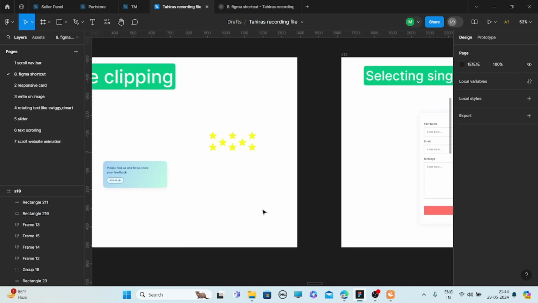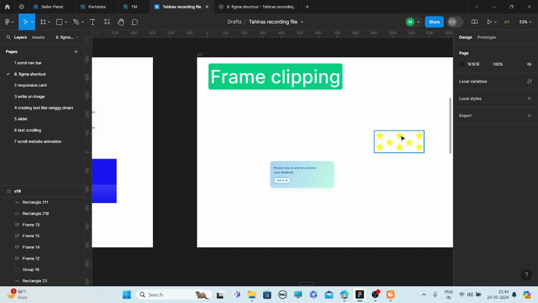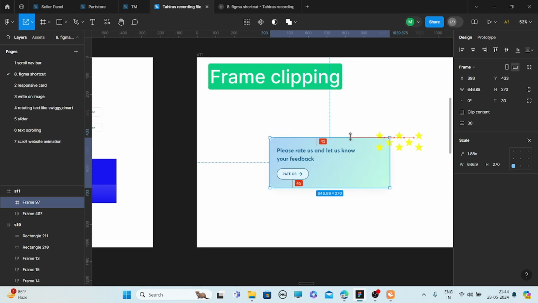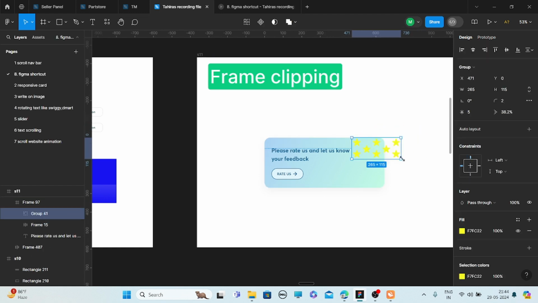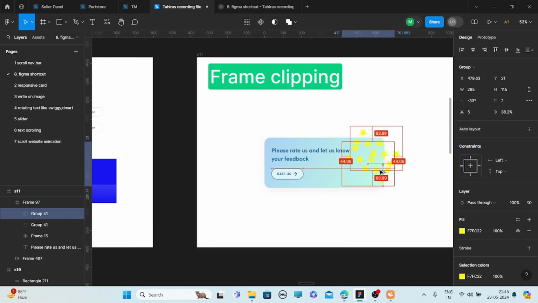Now here is frame clipping. Suppose let me increase the size of this frame. Now I put this star here and again I copy this star.